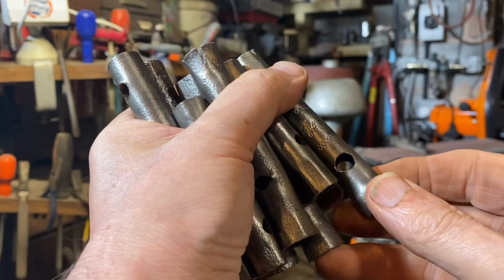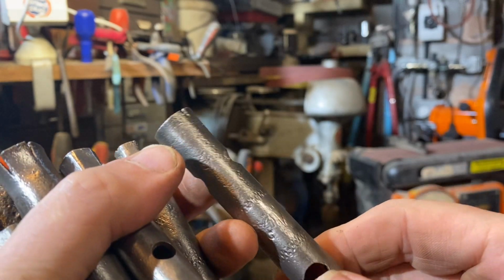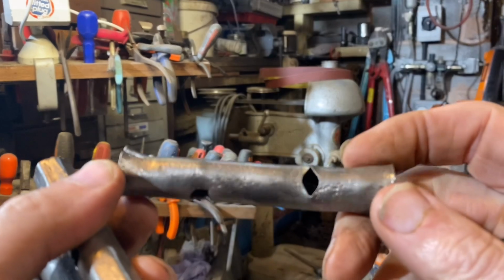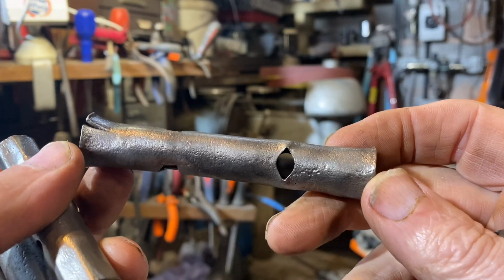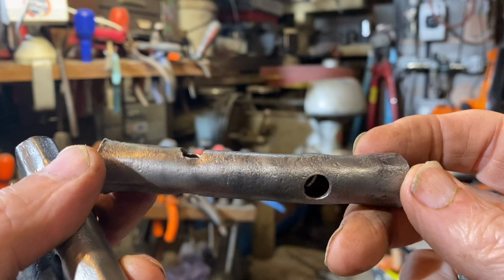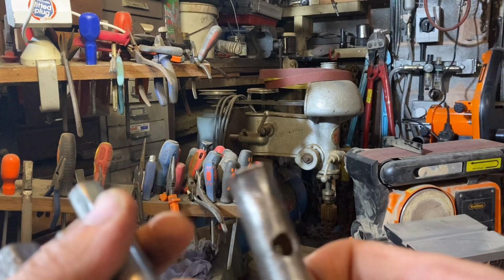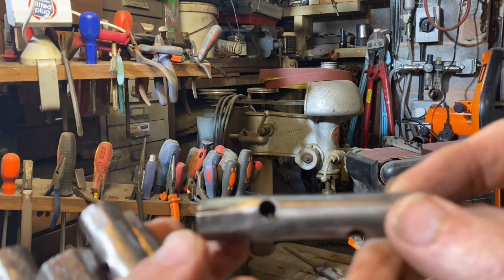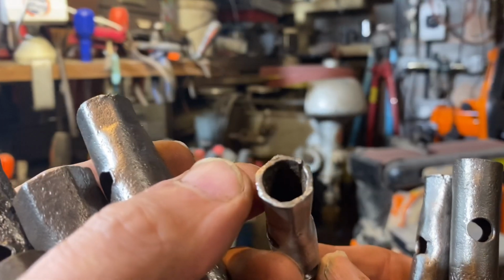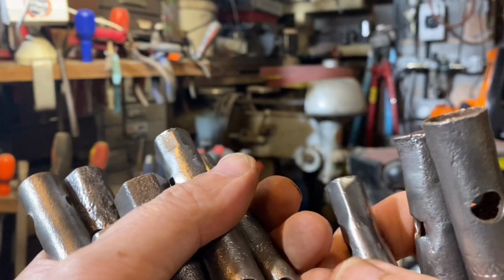So, let's have a look at what we've got here. This question is for James at Time Flies in the Shop. Is this a tool-lusion? A tool that was never really a tool, that wasn't any good? I mean, they've all been well used. The holes have been stretched. This one has been cracked. What nut goes on there? Are these a tool-lusion? Or are they really